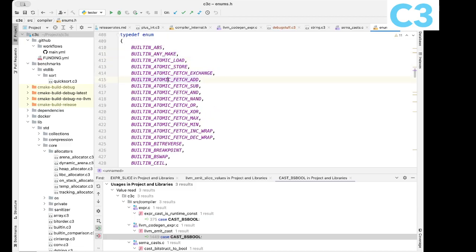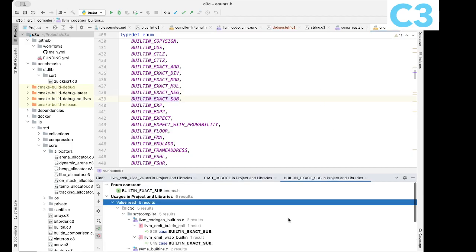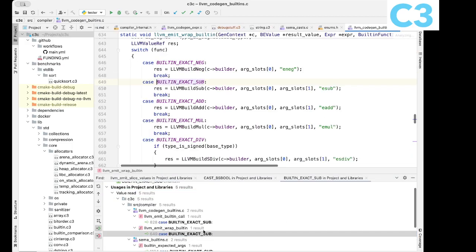Or actually most of them are. But I used to, if I take something like this, it's lowered again here at the LLVM level, and the downside here